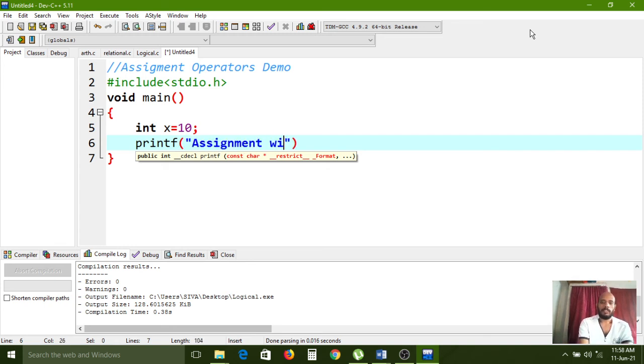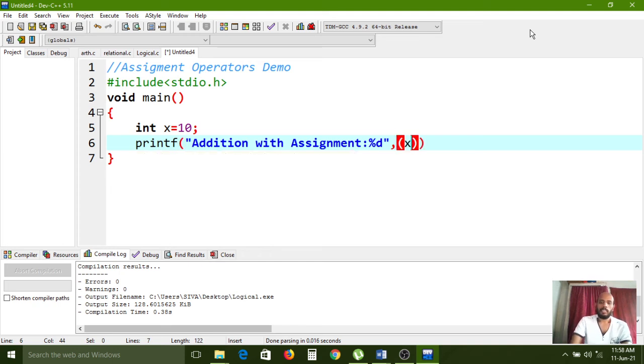Addition with assignment, %d, and x. Here we are using x += 10.